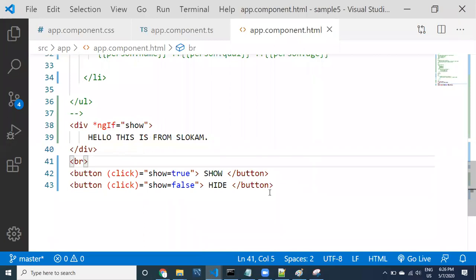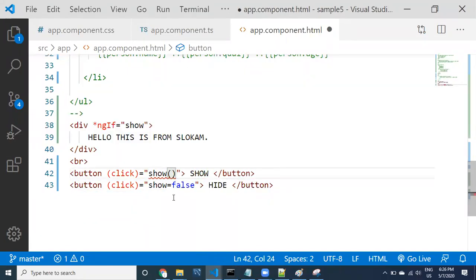Here, instead of providing show equal to true, in the next example I want to provide a separate method. So what method? Show method. Whenever you click on here, I want to provide hide method. You can easily guess what we have to do inside the show.